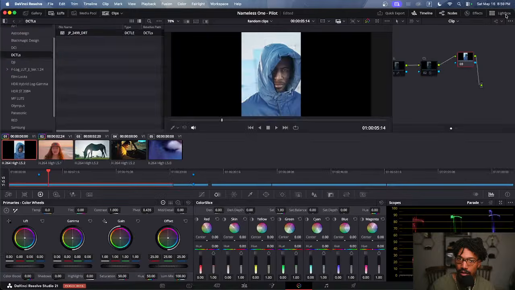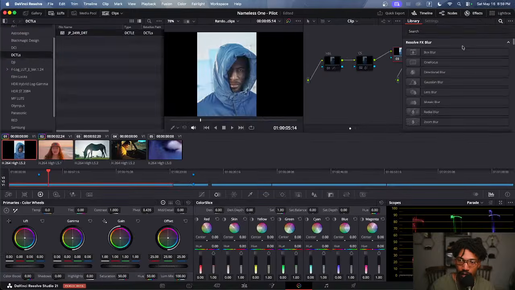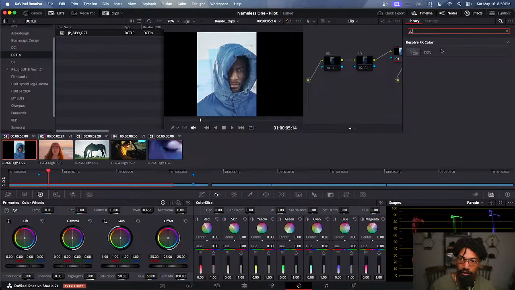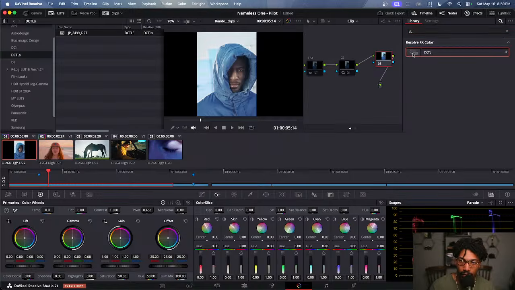It's not a LUT technically. I know it seems like it's a LUT, but it's not. We want to type in DCTL first, because this is going to be like your DCTL controller. So I'm going to drop it in, and don't drag and drop like I did. That was wrong. You click on DCTL here, and then you can have a list of however many DCTLs you've